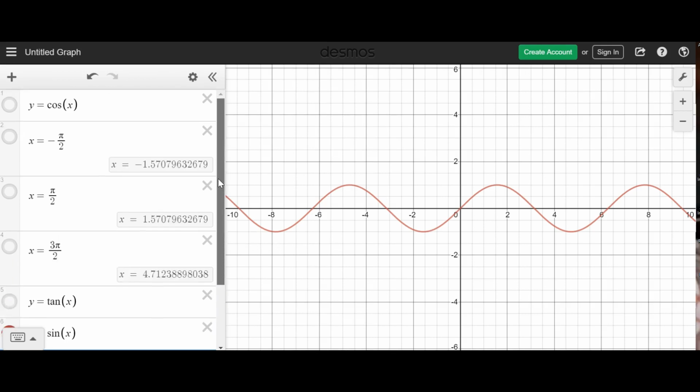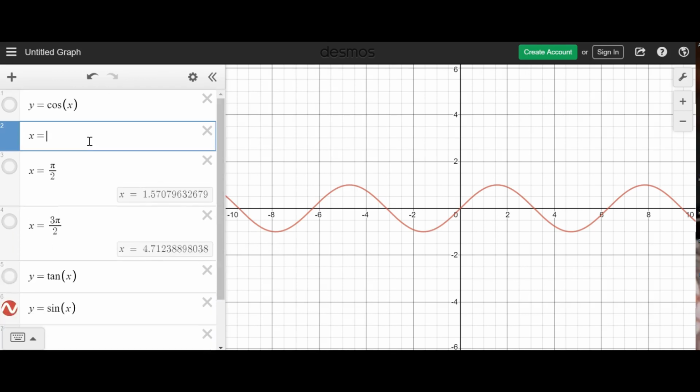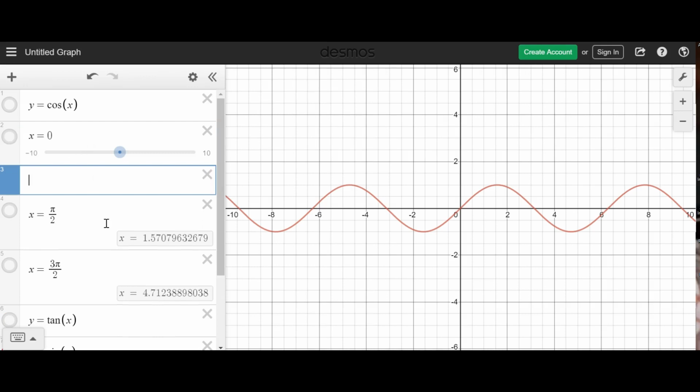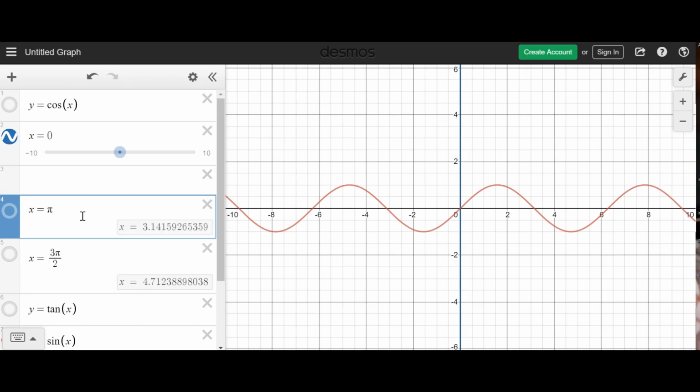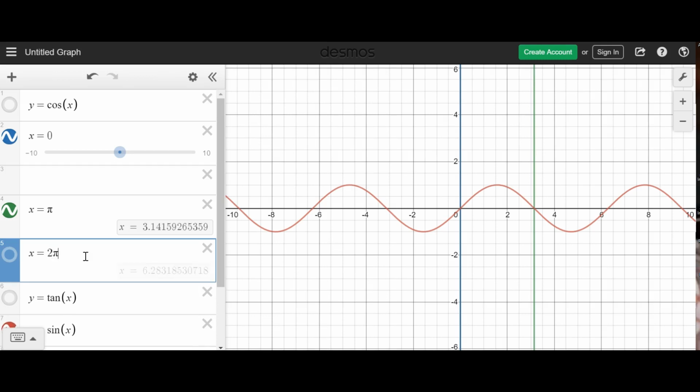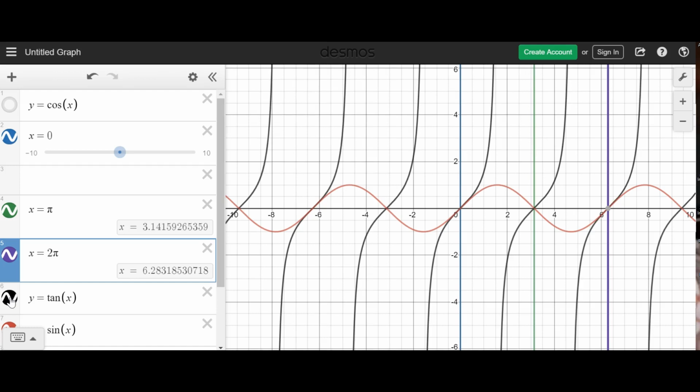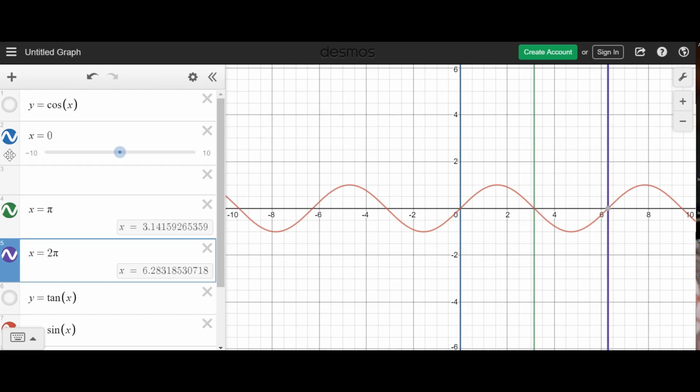We're going to look again where the sine function is 0. So just like before, the sine function is 0 at x equals 0. All right, so let's turn that one back on. x is equal to pi. Turn that one back on, and x is equal to 2 pi. So we can turn that one back on. So we would expect the cotangent... Now, if you look, that's where the tangent is equal to 0, at those 3 points. Okay, so where the asymptotes are, the tangent is equal to 0. But the cotangent does not exist at those points,